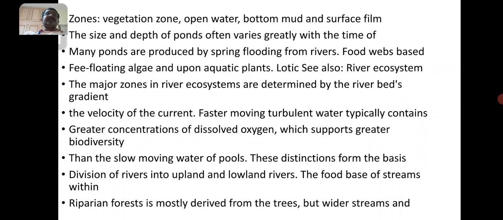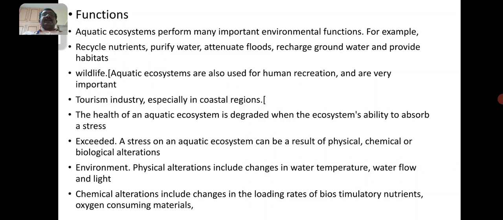The major zones in the river ecosystem are determined by the riverbed gradient and the velocity of the current. The faster moving turbulent water typically contains a greater concentration of dissolved oxygen, which supports greater biodiversity. In the riparian forest, most of the input is derived from the trees, but in wider streams the function is different. The aquatic ecosystem performs many important environmental functions, for example, recycling nutrients, purifying the water, and controlling floods,